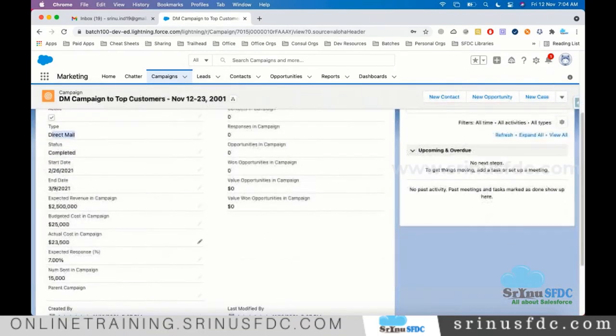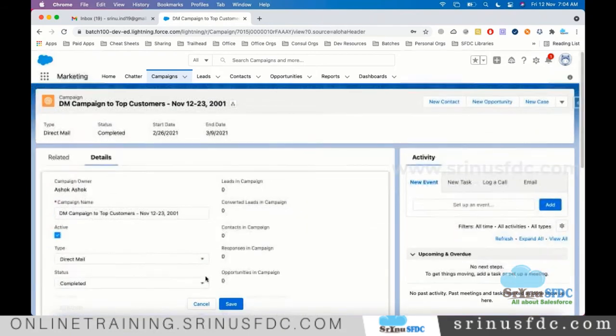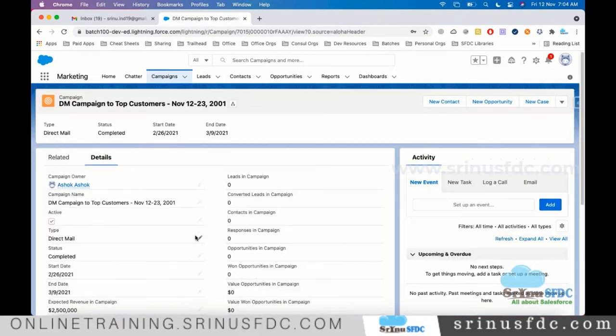It has a start date, an end date, how much revenue they are expecting, what the budget is, and how much they spent. All the details are maintained here. Multiple advertisements might be conducted, and for each advertisement, the budget and the type of advertisement are stored in the campaign table.